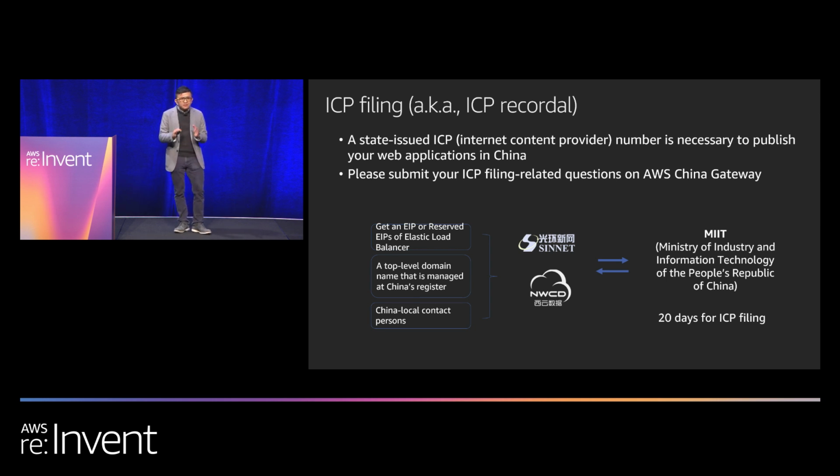But while it sounds daunting, right, it is a necessary process. You have to do it regardless of whether you are using AWS or you are hosting your own website on your own anyway, right? It is a mandatory step. But our local partners, the 2 SORs that I talked about, would actually help our customers apply for ICP free of charge, right? The process in total will roughly take 20 days. That's the SLA. But what I've learned in China is